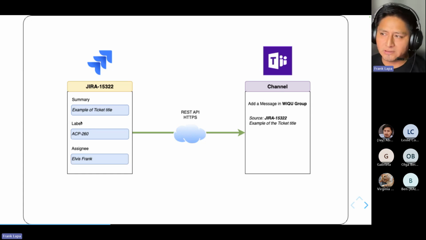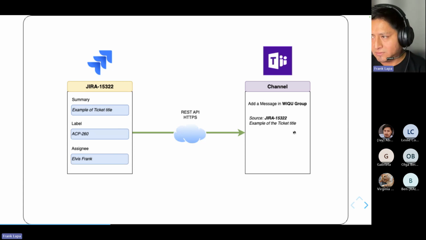For example, I want to add a message in Teams channel. The message must contain the source, the Jira ticket, and then the summary of the ticket. So I can use the module of Jira. I can include the information for summary. I can include information from the issue key. I can put together into a comment and then send to Teams, and Teams will add in a team message,